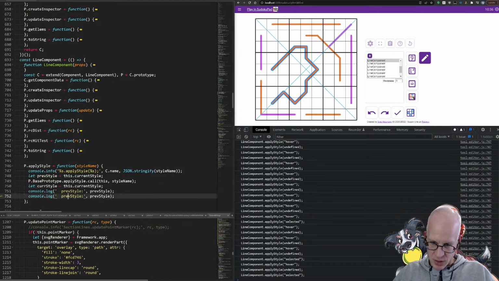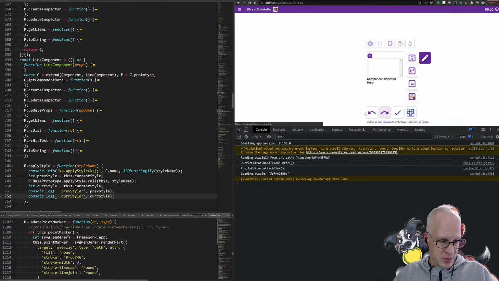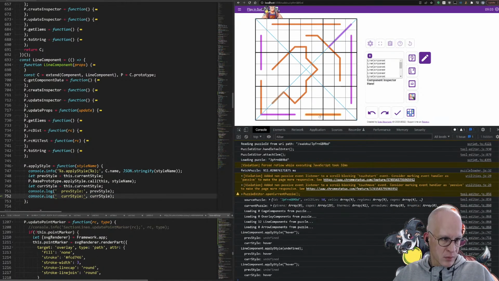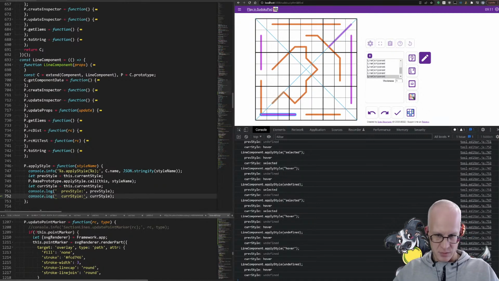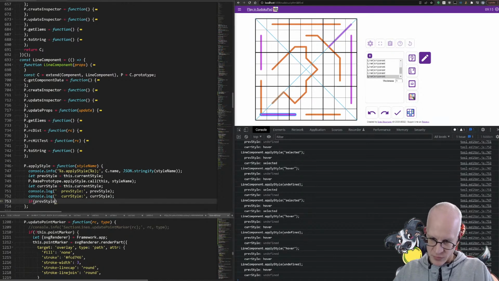And then we're gonna check for these transitions, the ones we care about, so like these hover stuff we don't care about. So we care from not selected to selected and from selected to not selected. So if pref style was selected and cur style not equal selected, oops,